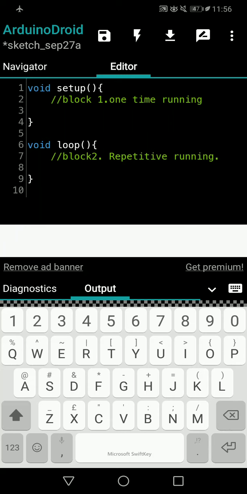So hi everybody. In the last video we had a look at how void setup and void loop actually work. Why do we have to have two such blocks for our purpose? And we even saw a real life example: which type of things have to come within the void setup, like waking up, eating, dressing, and which type of things have to come within the void loop, like walking, breathing, talking, things like that.